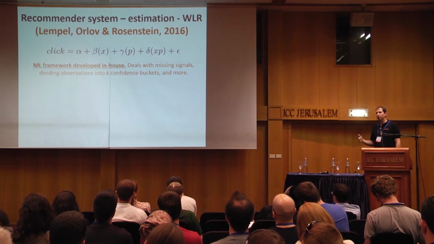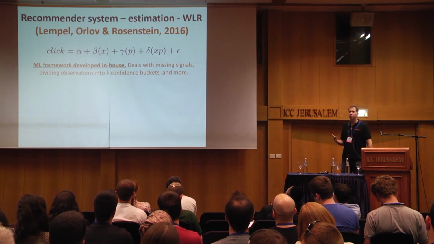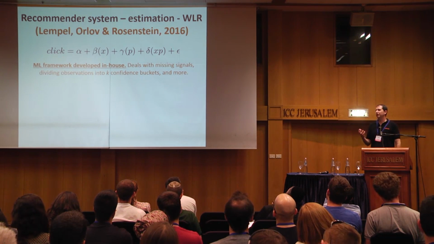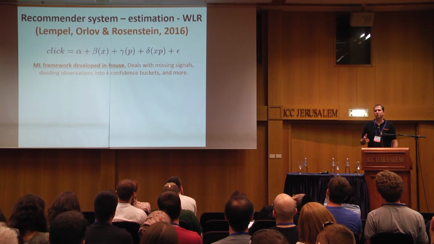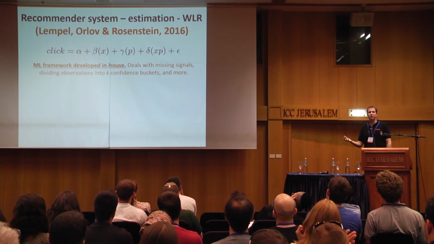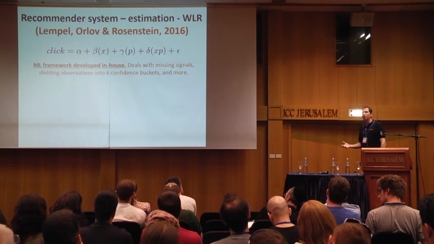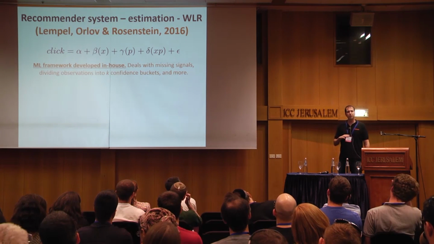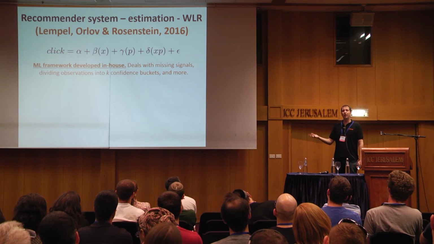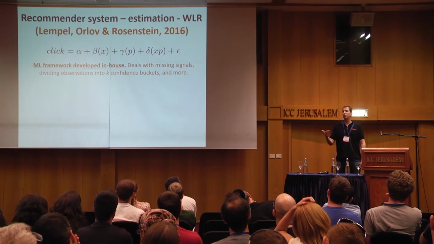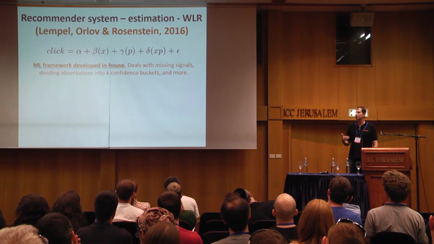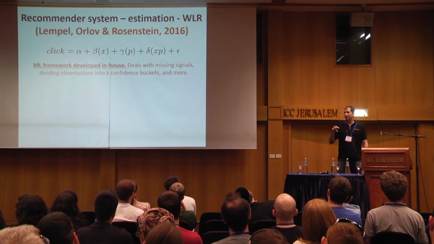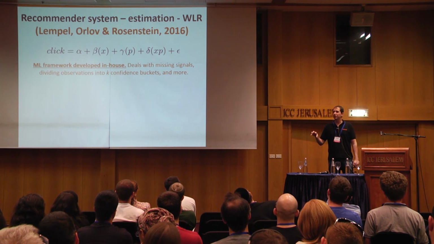So once you have a model and you have the data, you need some estimation methodology. Now note that for different users, you might have different levels of confidence. So if for one user, I have the history of only 5 page views and maybe 1 share, and for a different user, I have the history of 100 page views, then I'm quite confident in what the second user likes, but I'm not so confident in what the first user likes. So that's the level of confidence in the profile of the user.